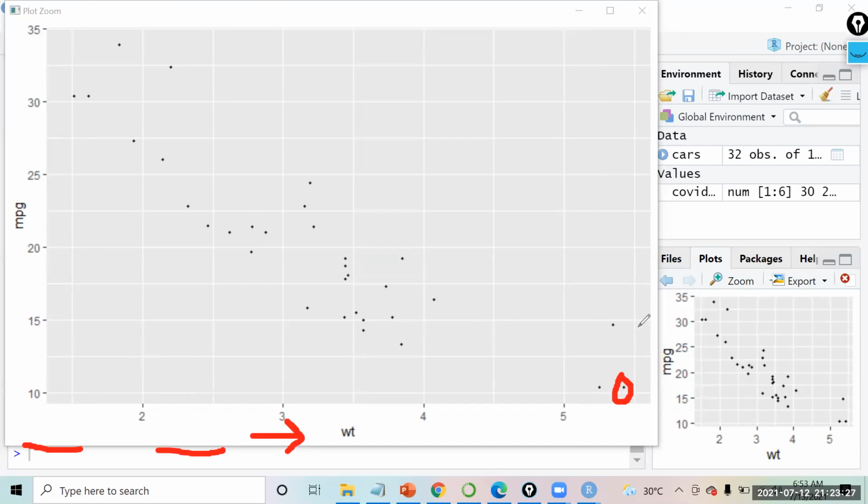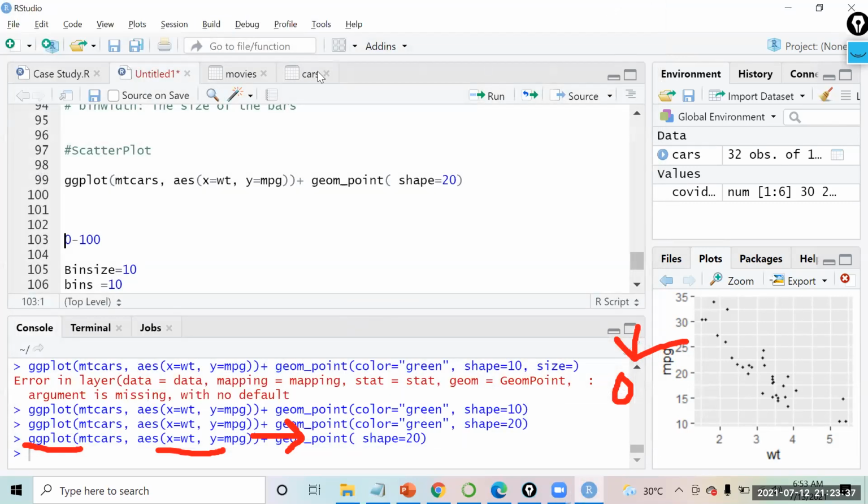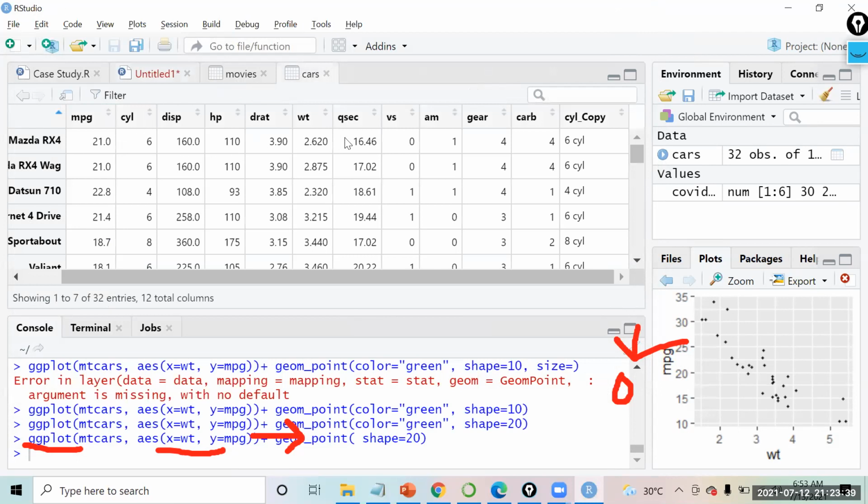Now this particular car has some cylinders in it, right? If I just go back to the data, on the cars data set, let me put weight in the descending order. So this was the Continental car that we are looking at. You see the mileage is 10.4 and the weight is 5.424, the same car that I had highlighted.